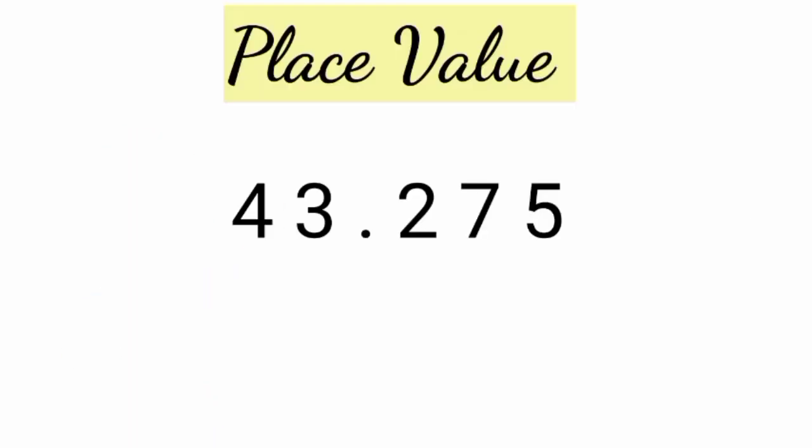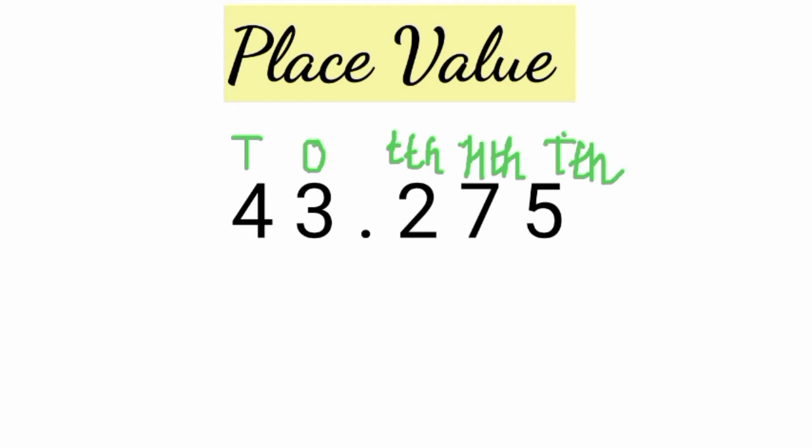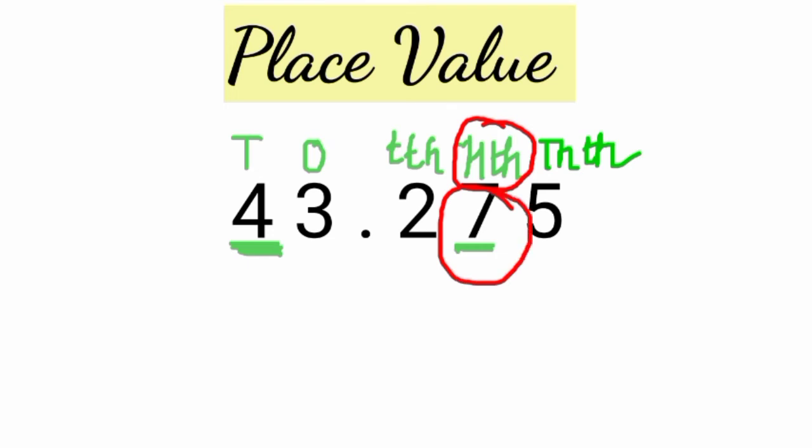Now, next we understand how we can find the place value of any digit in the decimal numbers. Here, first decimal number is 43.275, right? So, firstly write their places. Before decimal, this is ones, then tens. After decimal, tenths, hundredths, thousandths, right? So we want to find the place value of this 7 and this 4. So place value means place multiply value, right? Value is 7 and its place is hundredths. So its place value will be 7 multiply hundredths.